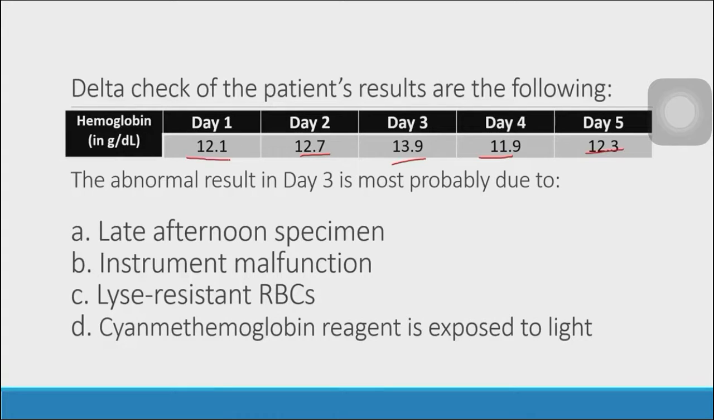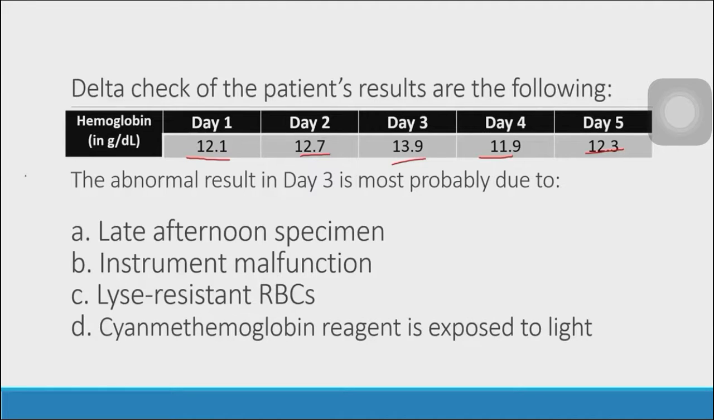So if you notice, days 1, 2, 4, and 5 are fairly close to each other. Only from day 2 to 3 did it change, increasing by 1.2. So the change from day 2 to 3 is high. So that's a sudden increase in the hemoglobin result. So again, hemoglobin result,